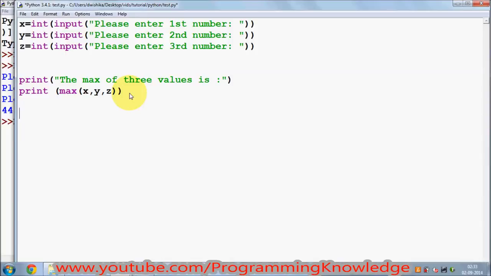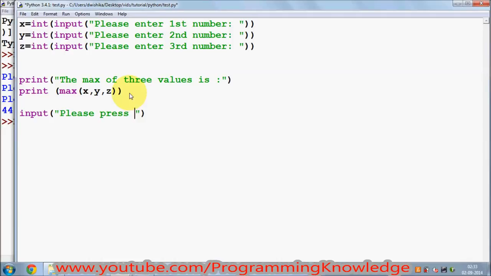So what you need to do is give something so that it can stay. So just write input, and in here you can just give a string that says, please